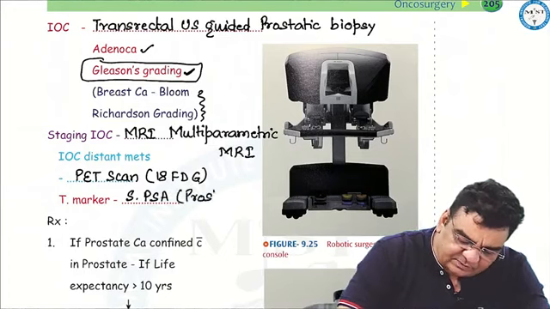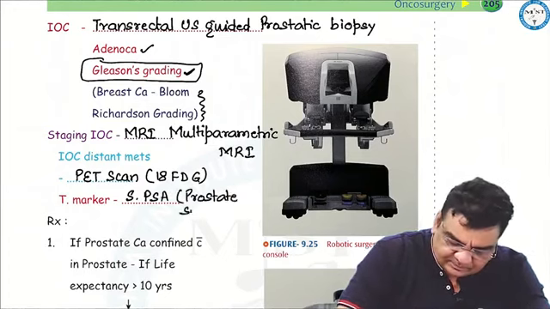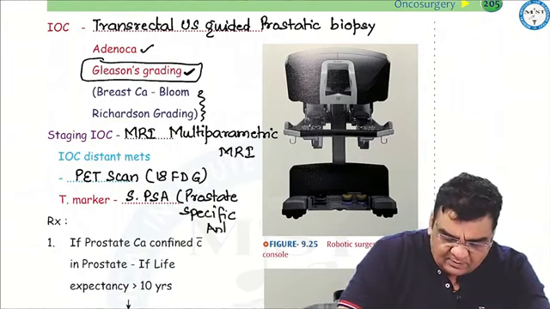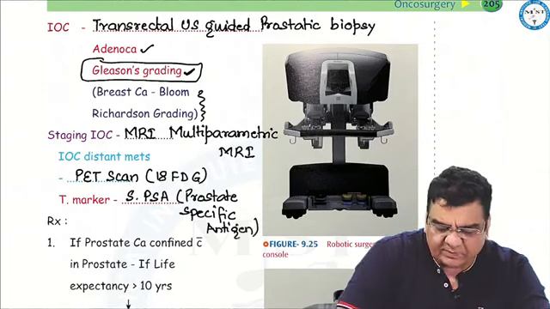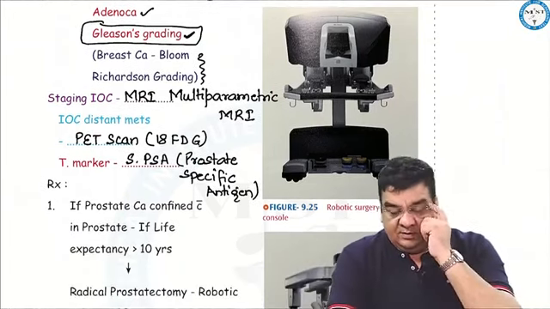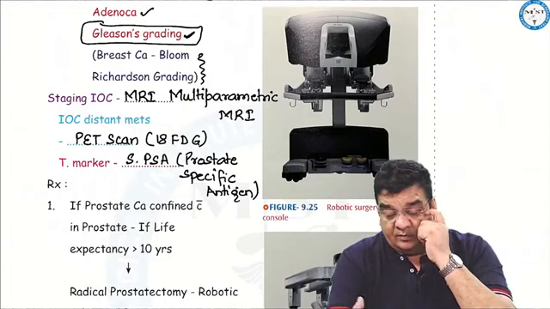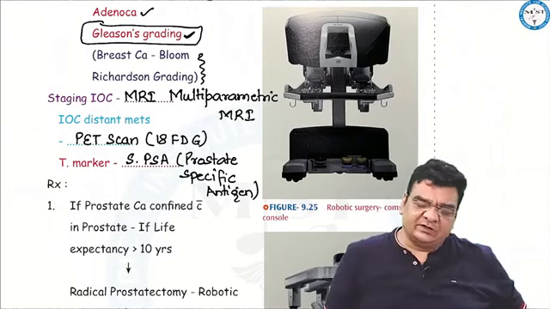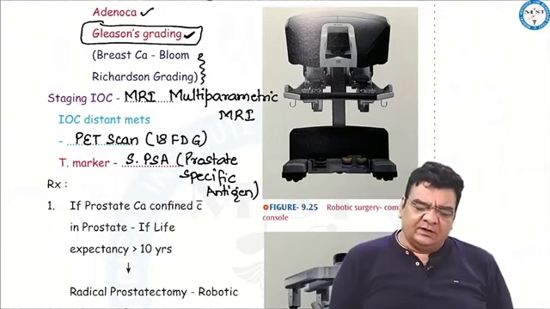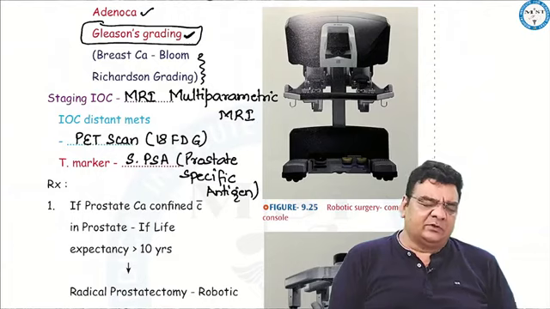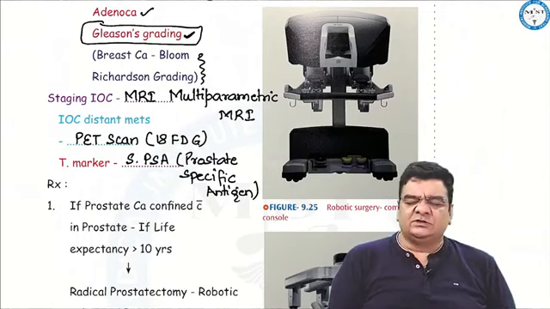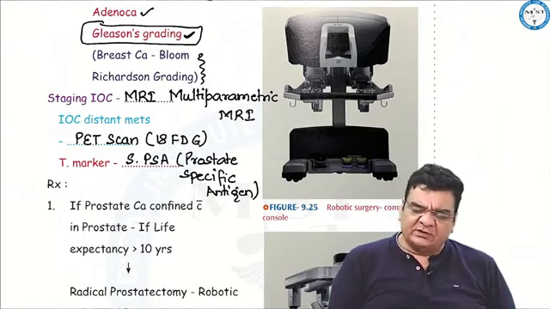PSA is prostate specific antigen. In benign prostatic hyperplasia, PSA is actually a prostate specific antigen which is specific for the prostate. It is secreted only by the prostatic epithelium. It is a serine protease. It causes liquefaction of semen, and it can rise in all pathologies of prostate, whether it's BPH or cancer or